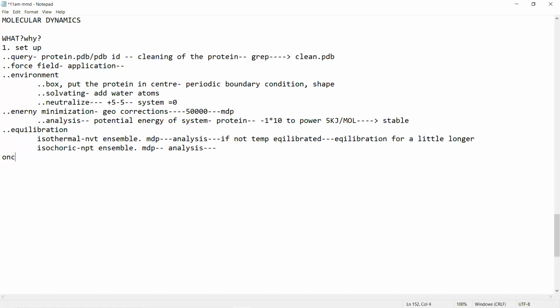Once your system is well equilibrated, you will go for the next step, which is molecular dynamics, where we will free my system from every kind of restraint and then study how my system behaves.